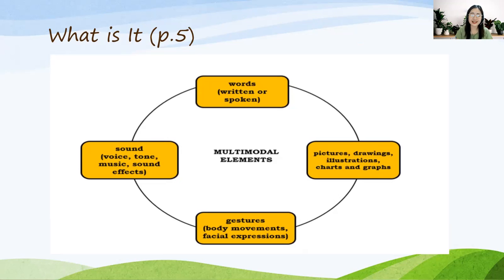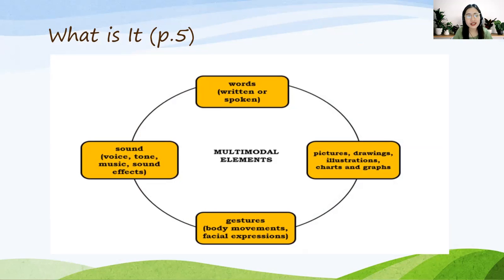What are the elements included in that text? Words, that's one. Picture, that's another. Graph is the third one. So that essay about noise pollution is an example of a multimodal text.